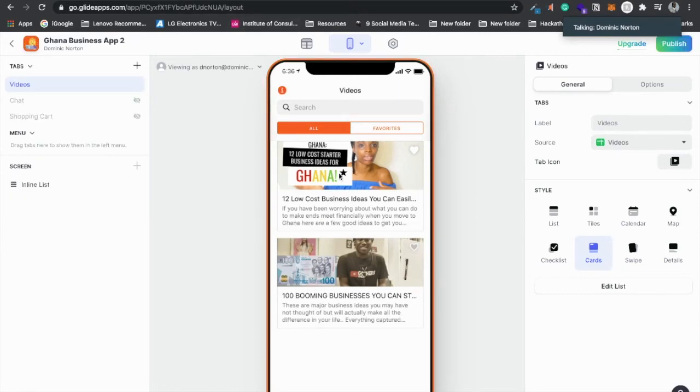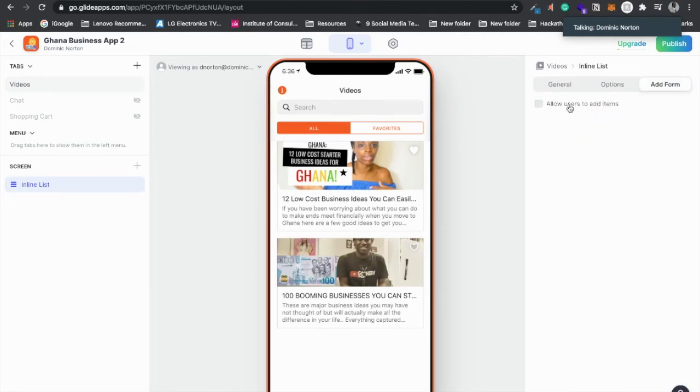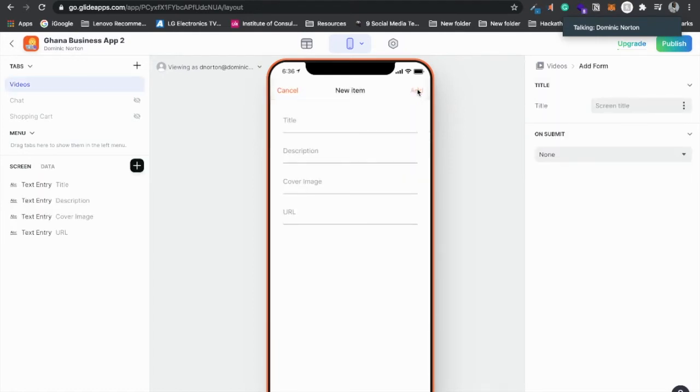So to allow people to add videos, all you do is go to options, or you need to click on your inline list. You can click add form and allow users to add items. Now, when users click on this, they can add items. The problem with this is that we have all text entries, and the cover image is an image and the URL is a link. So what we want to do is to remove some of these defaults,